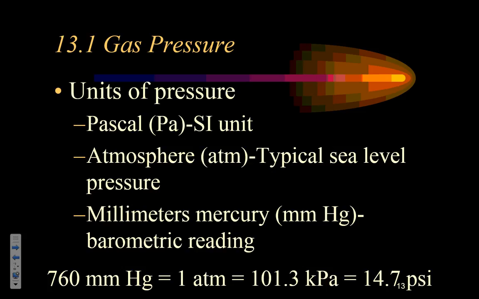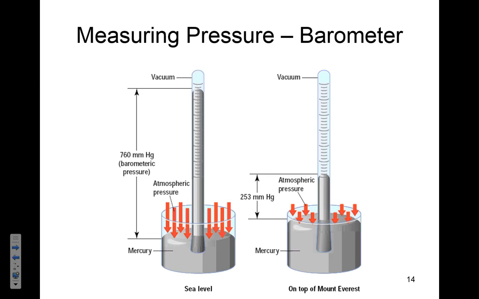So if your tire is at 14.7 PSI, it's flat. Most of our cars operate somewhere between 30 and 36 PSI as a typical range. So you're talking about a little bit more than double atmospheric pressure. And literally, that little bit of air inside your tires is what holds your car off the ground. So air pressure can be a very, very strong force.